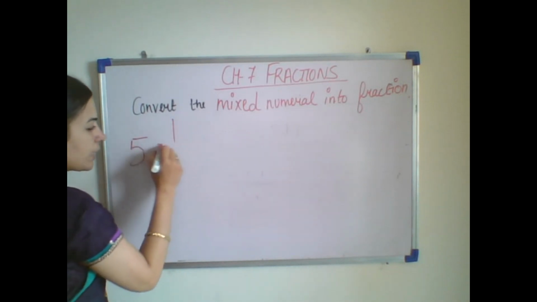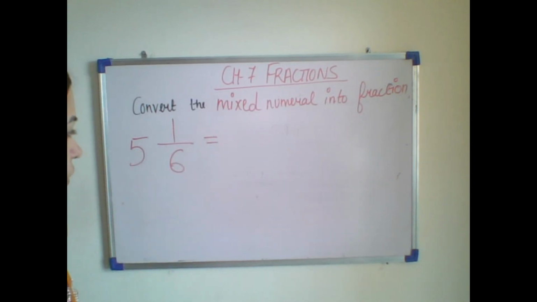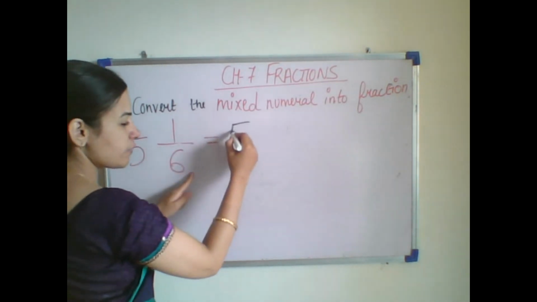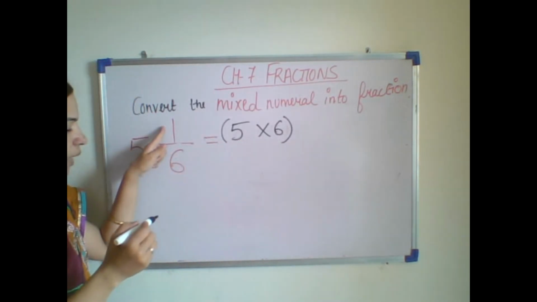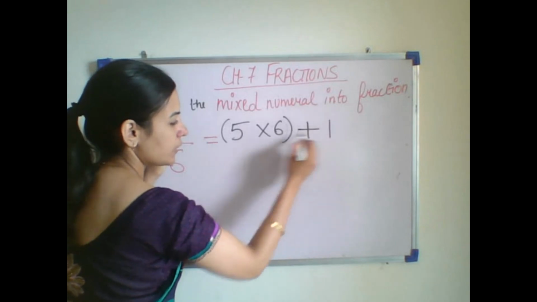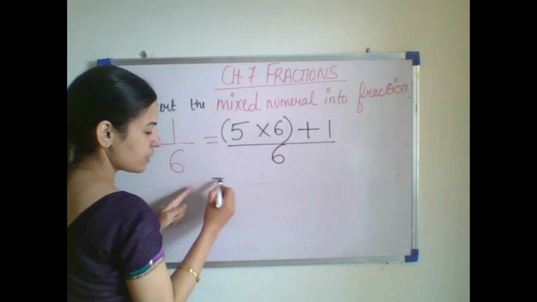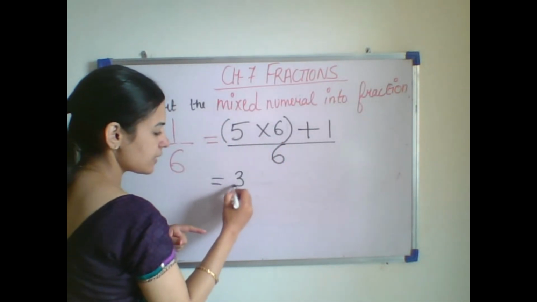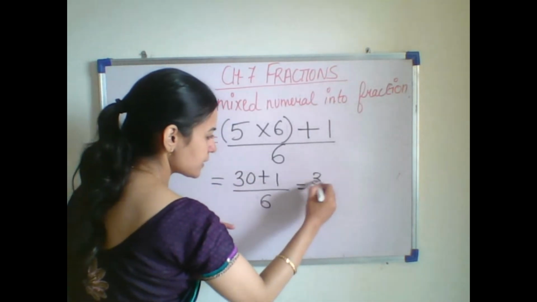5 1 upon 6. How to convert this? First of all, we will be multiplying this whole number with the denominator. So 5 multiplied by 6. Then we have to add the numerator and we have to divide. The denominator will remain the same, that is 6. So 5 multiplied by 6 is 30 plus 1 upon 6. So the answer is 31 upon